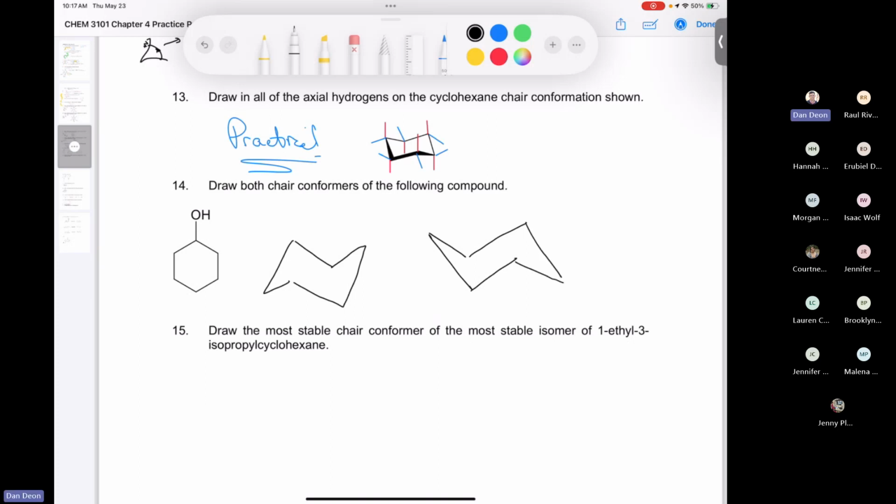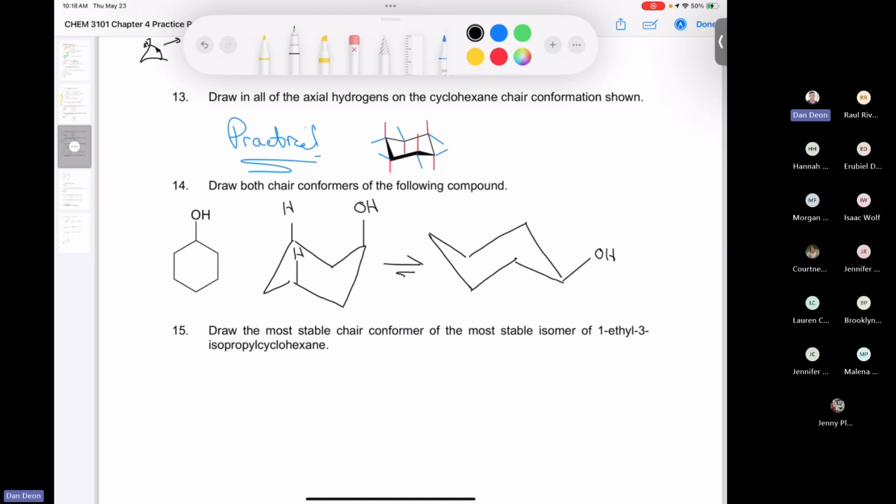Looking something like that. Okay, good enough. So let's imagine that the hydroxyl is going up and axial in the first one. That means it would have to be up and equatorial in the next one. And there you go. And if you want to figure out which side the equilibrium is going to lie to, well, it's going to lie to the side that minimizes 1,3 diaxial interactions. So it's going to lie to the right, because here you would have 1,3 diaxial interactions with this proton and